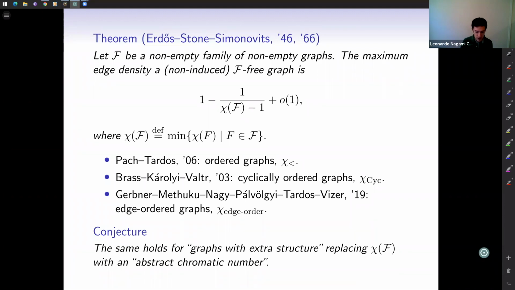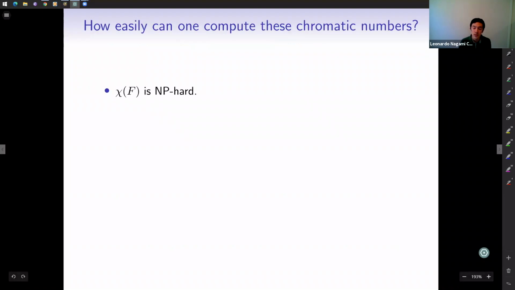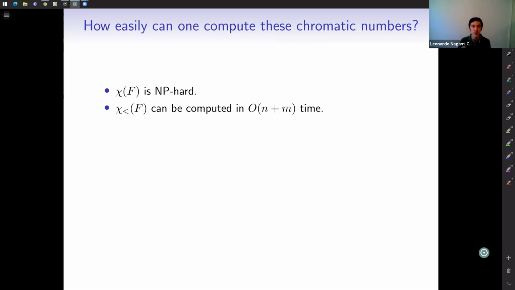Now, before we proceed to talk more about this question, let me talk about a few properties of these chromatic numbers, which are quite surprising. These concern the computability of these chromatic numbers. As we know, the usual chromatic number is NP-hard to compute. But if you think about it for some time, you're going to see that the interval chromatic number can be computed very fast. It can be computed in linear time,